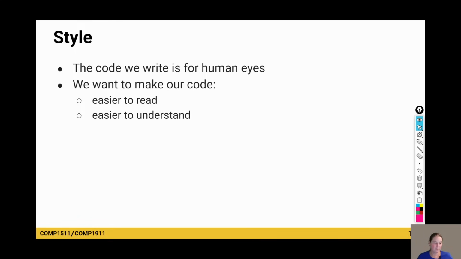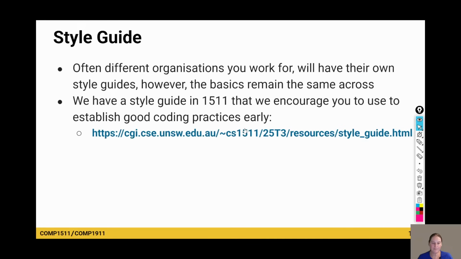Someone's asking about for loops: yes, we will look at those today, but let's talk about style. When we're writing C code, the computer does not even understand C code, right? We use DCC, it compiles that code, and it spits out noughts and ones into our executable, and that's what the computer understands. The actual C code is for human eyes, so we can understand it. It's for our colleagues to understand, or, if you're a student, for your tutors to understand. So we want to make it easier to read for us and our tutors.